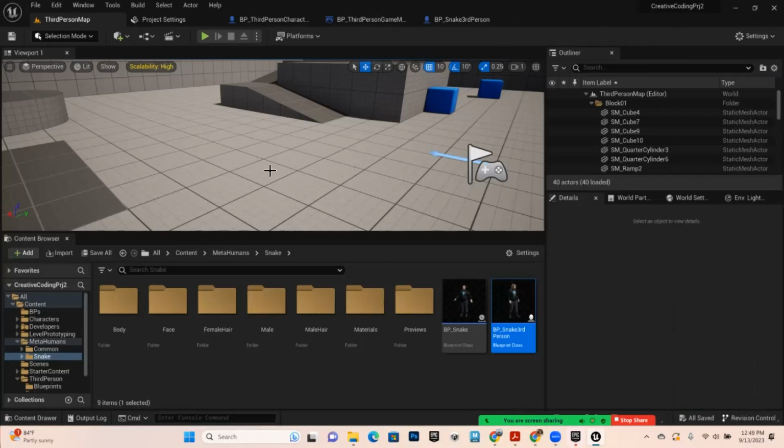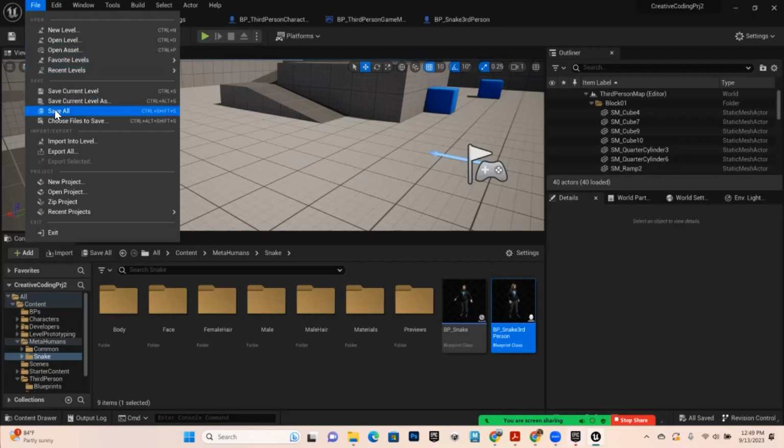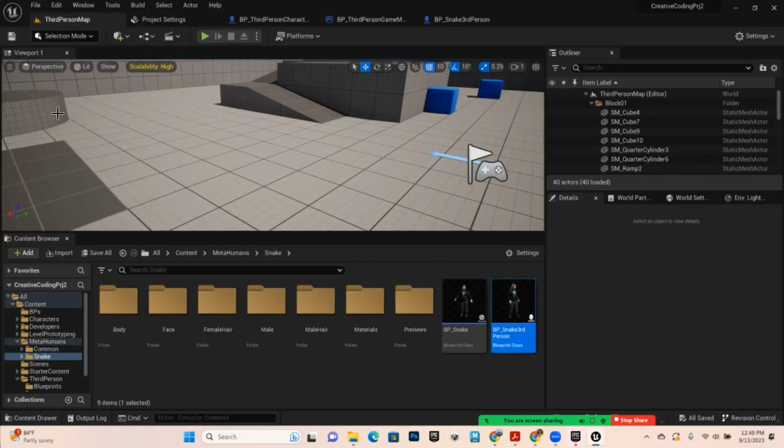All right, so we'll go back to the third person map. Everything looks good. I have a metahuman now as my game character. We're pretty much close to the end of class, so I want to wrap this up. I'm going to make sure I save that. Do a file, save all,